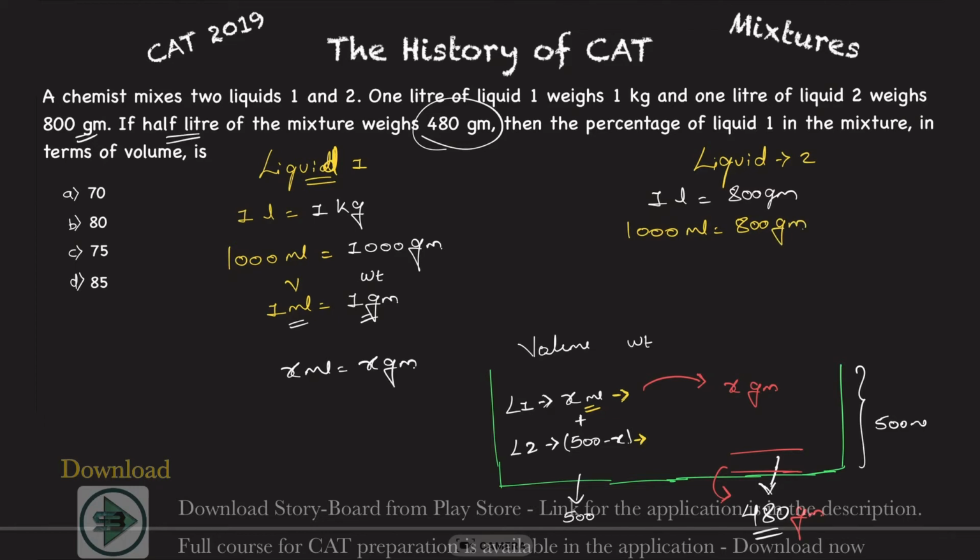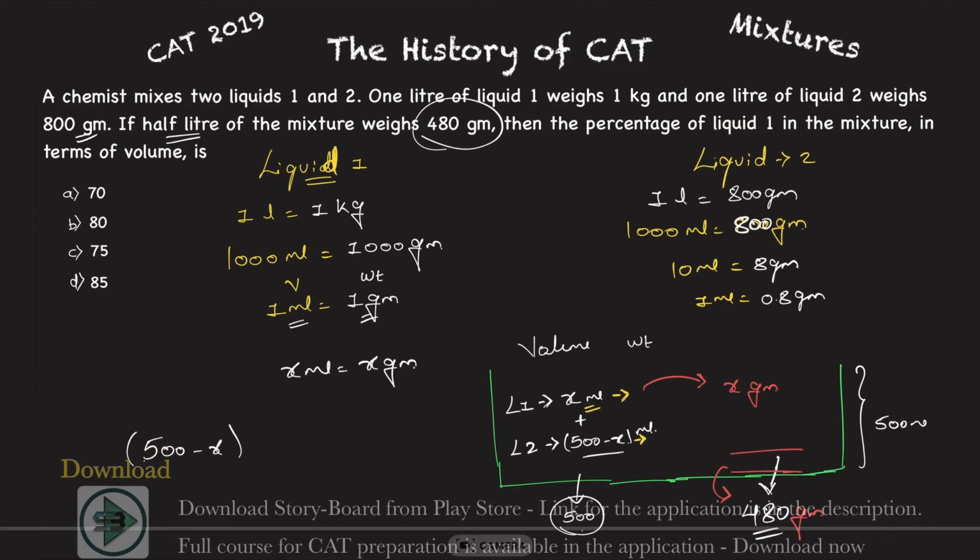Okay, then I cut everything and I get 10 milliliter is equal to what? 800. 10 milliliter is equal to 8 gram, or I can say 1 milliliter is equal to 0.8 gram, right? This is what I get from this. What do I need? I need 500 minus x milliliter, because this is also in milliliter, right? Because the total is 500. So I need to find out now this 500 minus x milliliter is equivalent to how many gram?